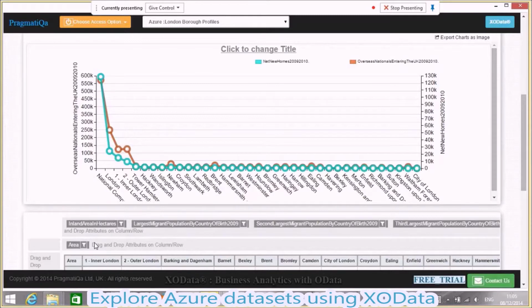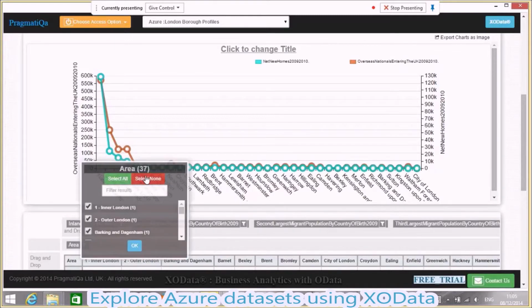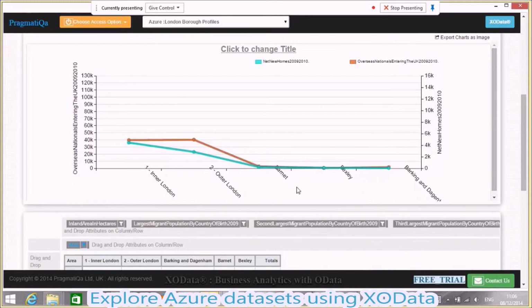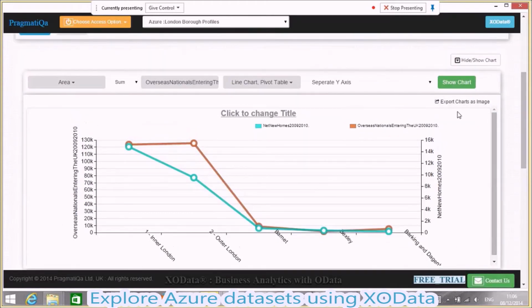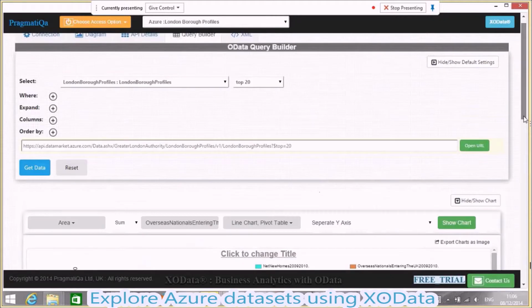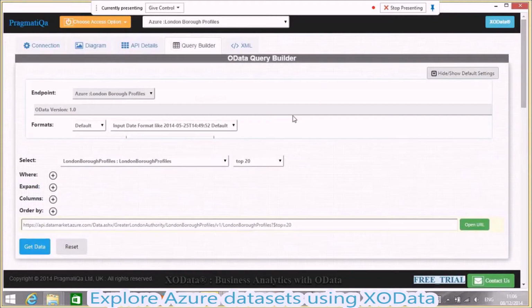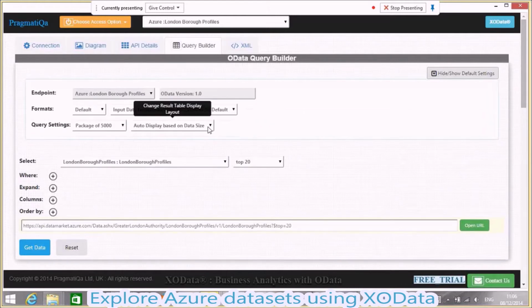Also, if you want to focus on a particular area, then you can choose the filtering and on the area and then choose just the one you are interested in. If you want, you can export these charts as an image, but if you want to change the display type